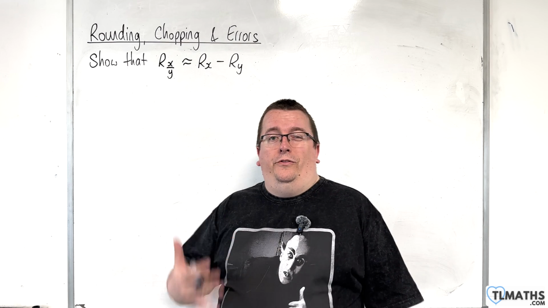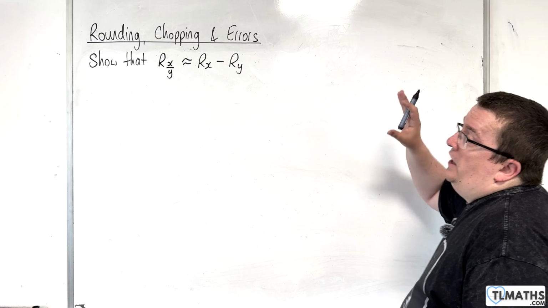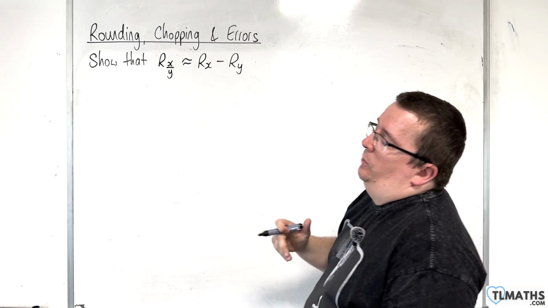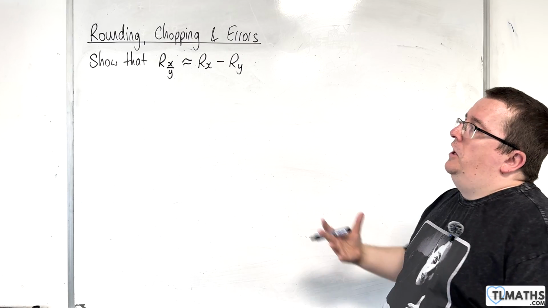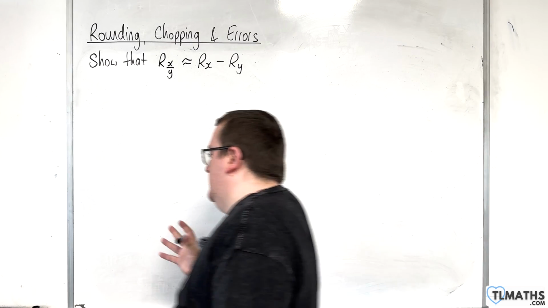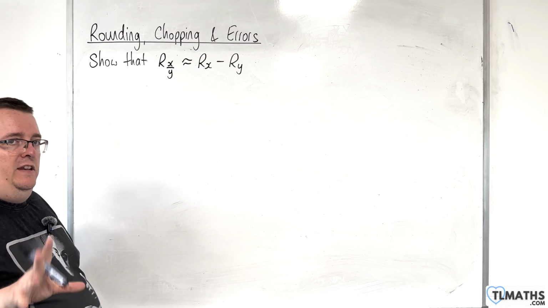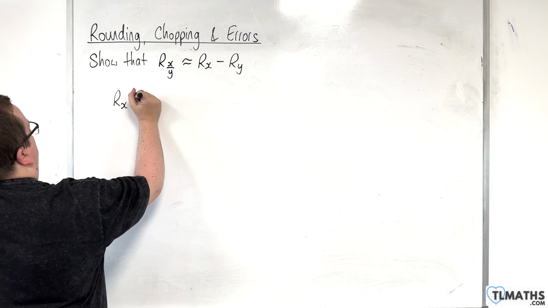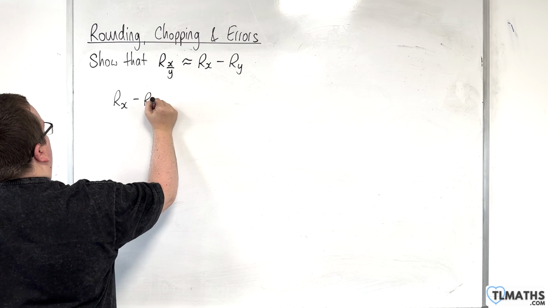So in this video, I want to show you that the relative error of x over y is approximately equal to the relative error of x, take away the relative error of y. So we're going to take a similar kind of route as we did in the previous video. And we're going to start off with looking at the relative error of x, take away the relative error of